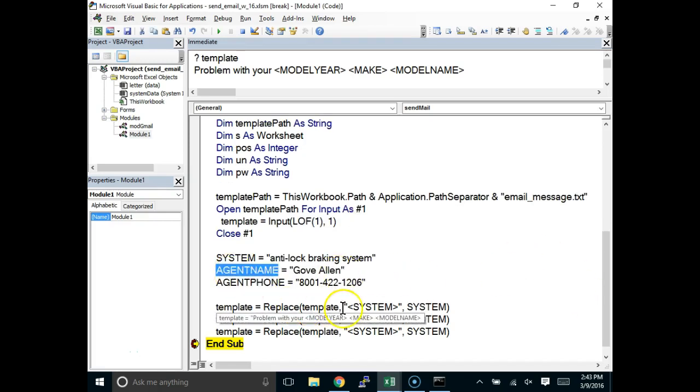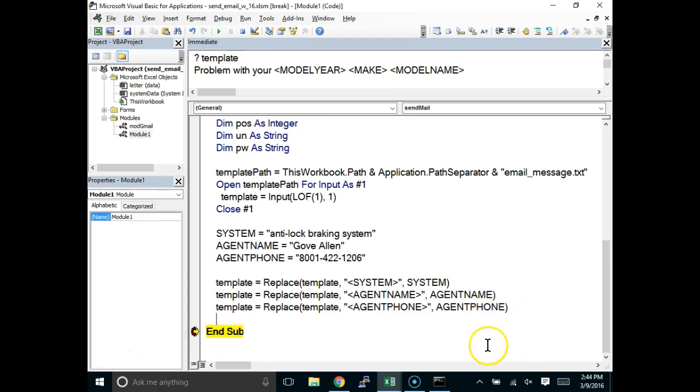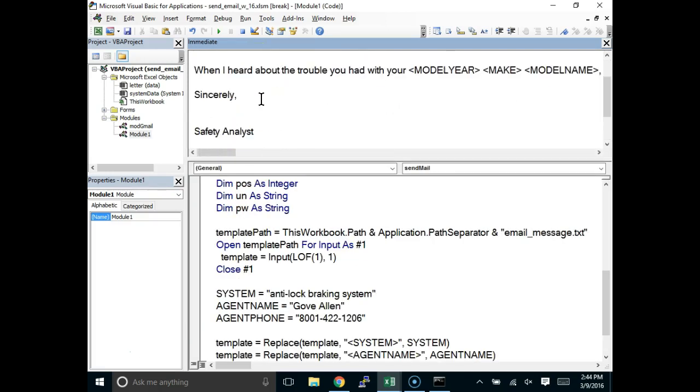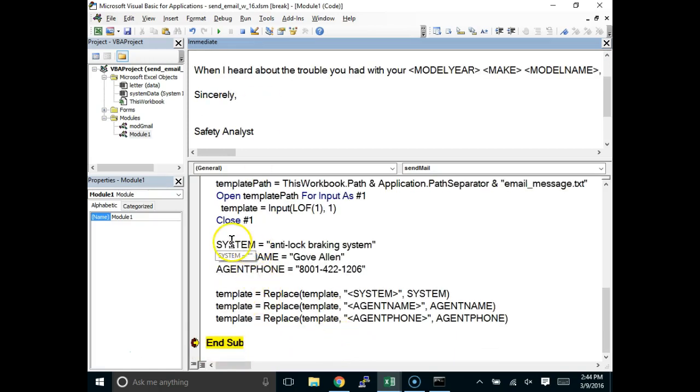So I've got agent name, agent phone, and so if I run those 3 replace statements and then print off my template again, we should see, oh, I replaced them, but I didn't run the part that filled this in. Oh, darn it. Okay, so I've got to run back up, and